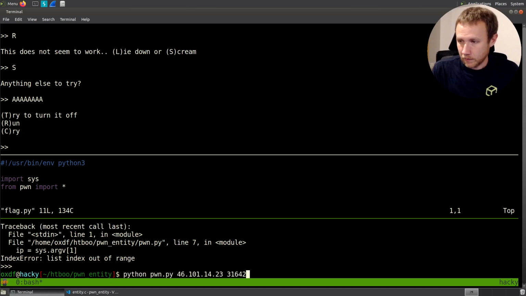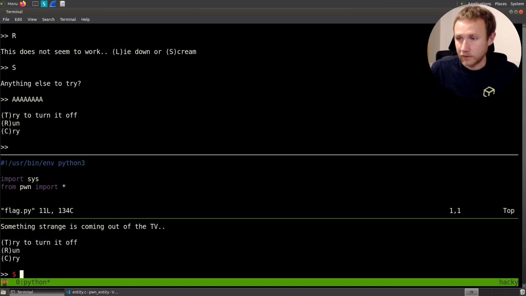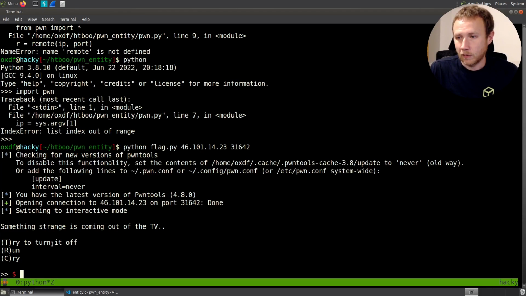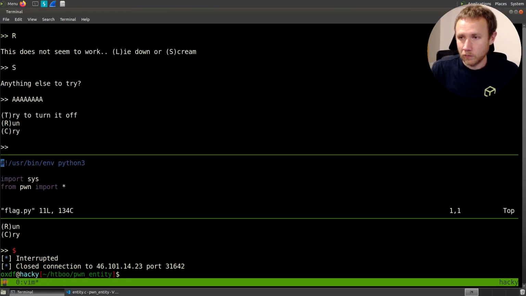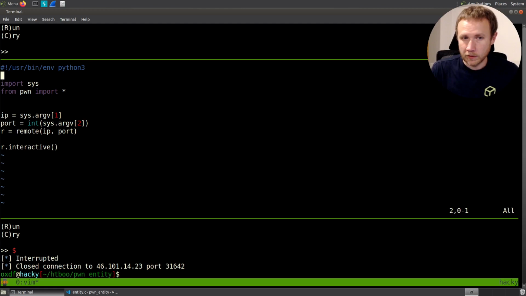So now if we come here and run flag.py, we're now interacting with this. You can see we've connected to it. We're now having the same thing. We've got our thing. So let's see, what do we need here? We can probably make this a lot smaller. So now we need to do